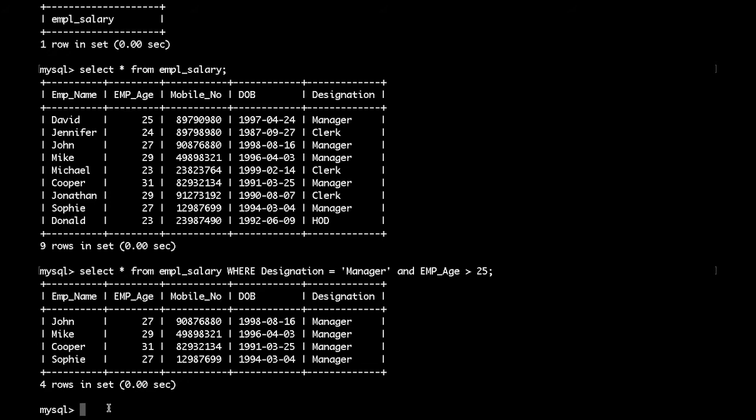You can compare on the basis of date of birth also. Like suppose I want all the people who are born after, let's say, 1996, and they are either clerk or manager. For that we need to write select star from the table name, that is empl_salary, and now we need to use the where clause. So where